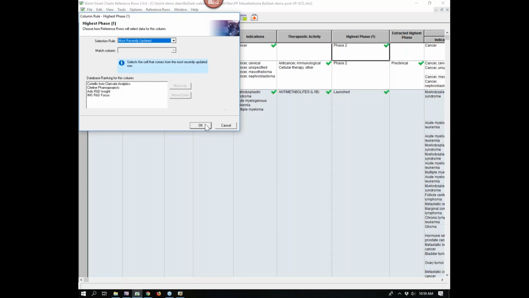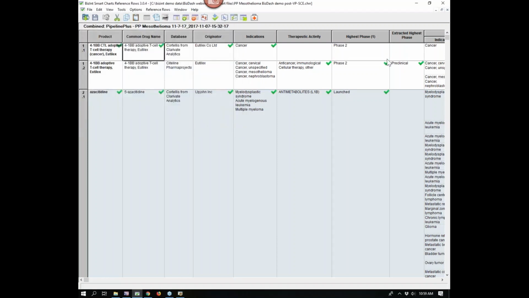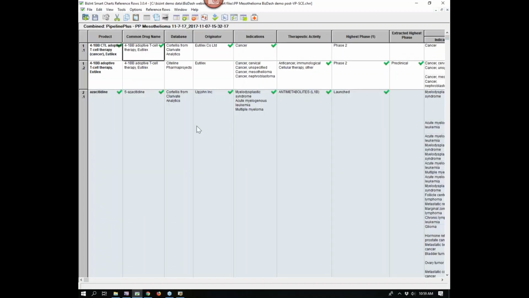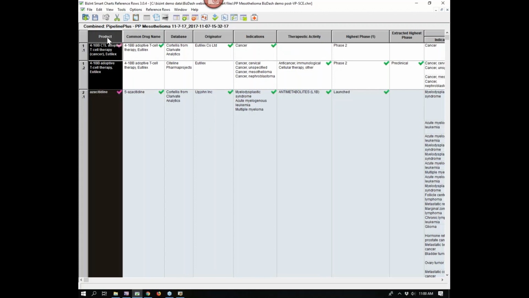So I want to take the phase, both overall, right-click again, edit column rule, and the indication phase. I want to take that from the record that's most recently updated, and we hope that that's also the most current phase. I'm going to do something a little bit different for the drug name,